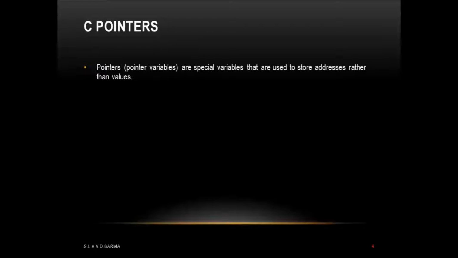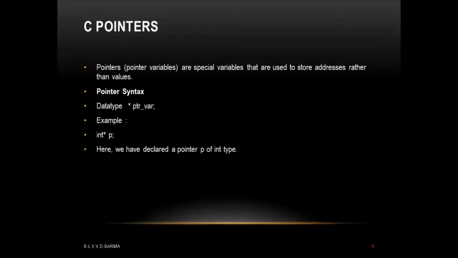Pointers are special variables that are used to store the address rather than values. What is the general syntax? We give the data type, space, asterisk, name of the pointer variable, and a semicolon. So here I declare one pointer variable: int asterisk space p.